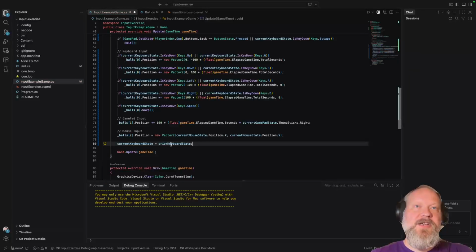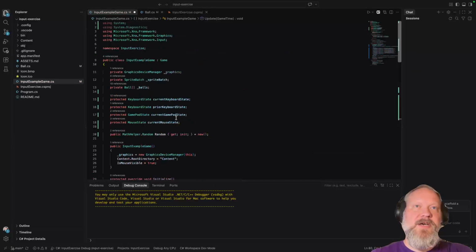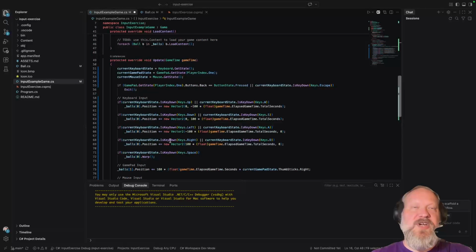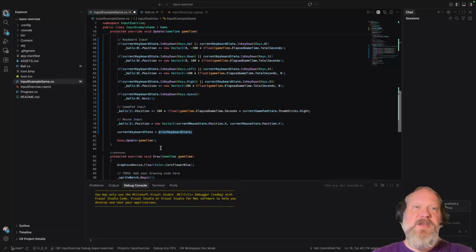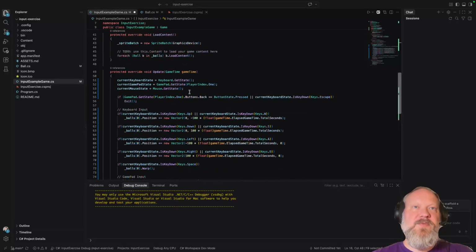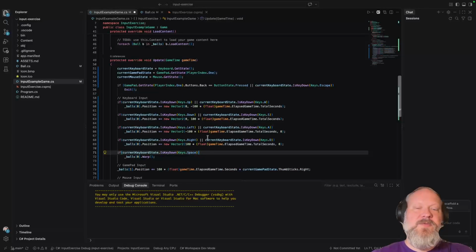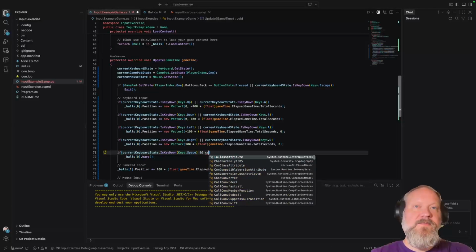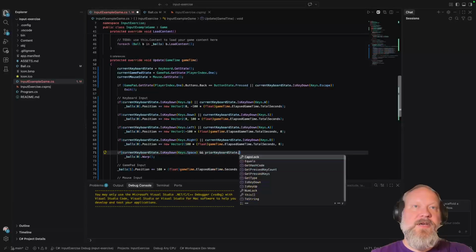Now, I'm not actually initializing prior keyboard state the first time. In C#, anytime we initialize a struct but don't give it any initial values, everything gets zeroed out in memory, so all of this is going to be reading as no key is pressed, which is fine. And then the very next time we come through this frame, we're going to set the prior keyboard state to what we currently pulled. So every time we come through, prior keyboard state up here is going to be exactly what it was the last frame. So then we can come in here and say prior keyboard state dot IsKeyUp,